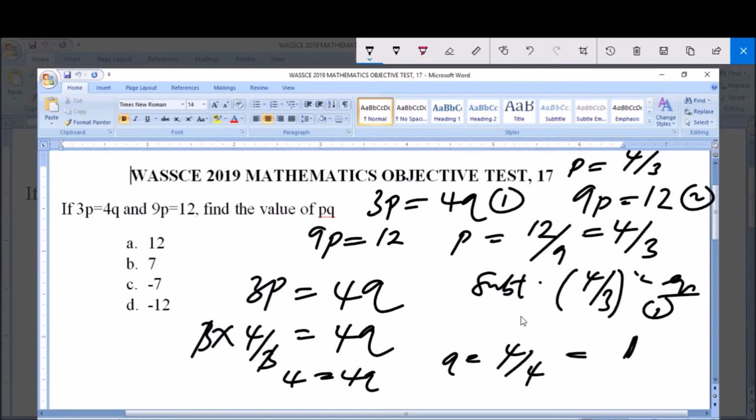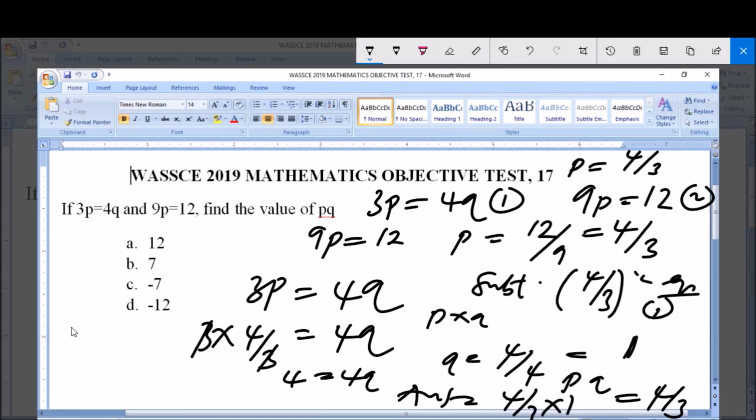Now the question is asking us to find pq. That's p multiplied by q, and we just discovered that our p is 4 over 3 and the q is 1. So the answer will be what? 4 over 3 multiplied by 1, which is the same thing as 4 over 3. So the answer of this question is actually not here. The answer should be